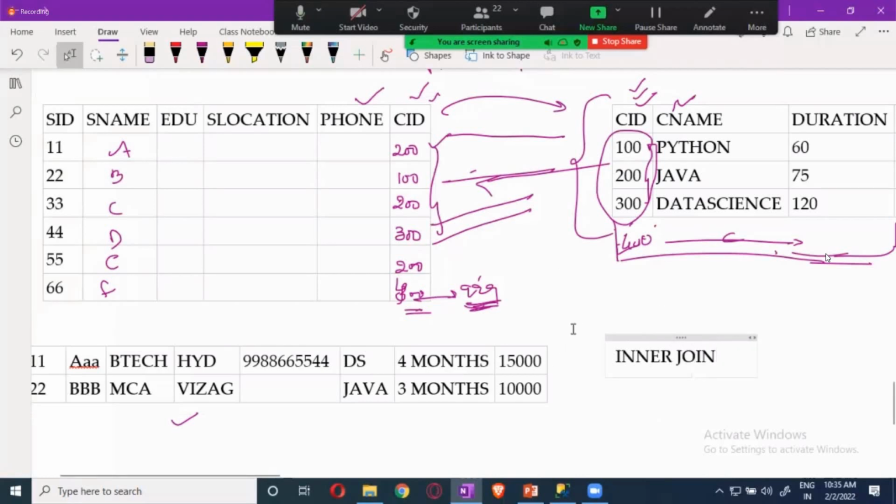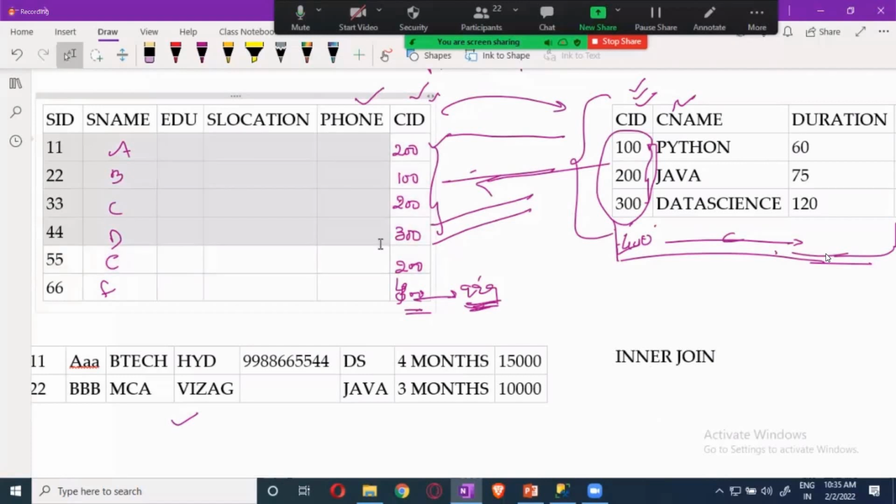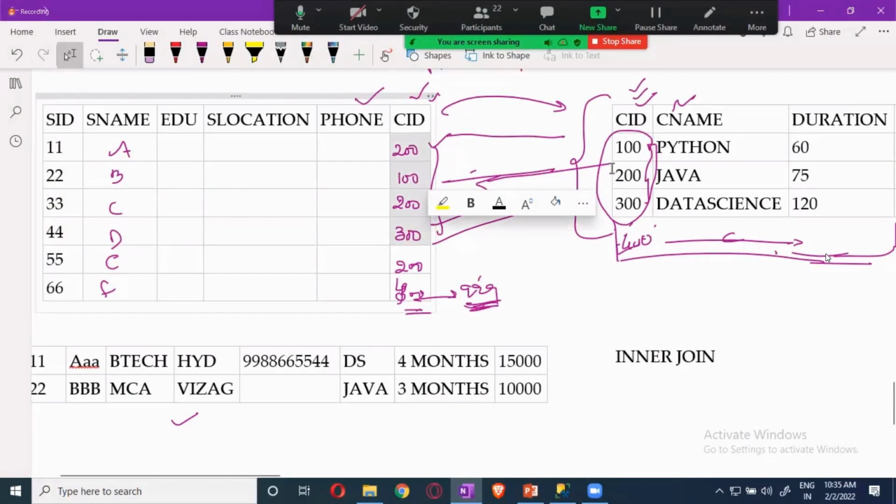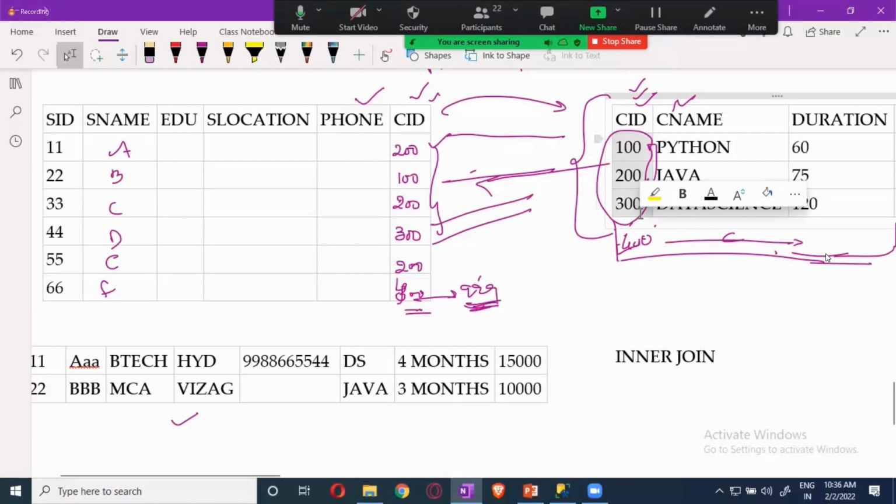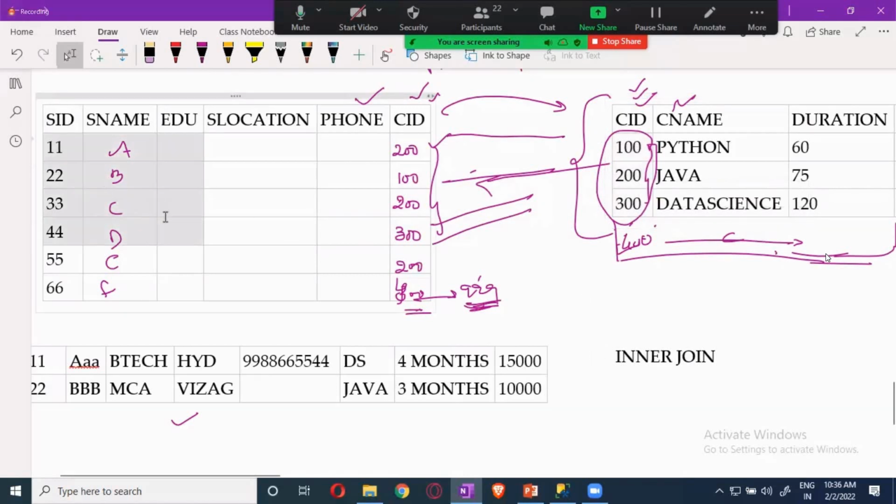Inner join means it will take all the records from the student table which have the same course ID as the course table.